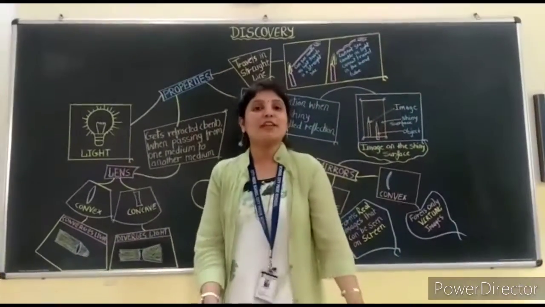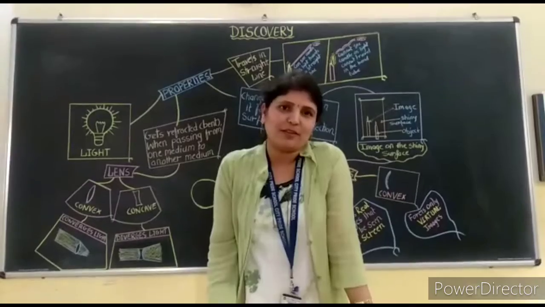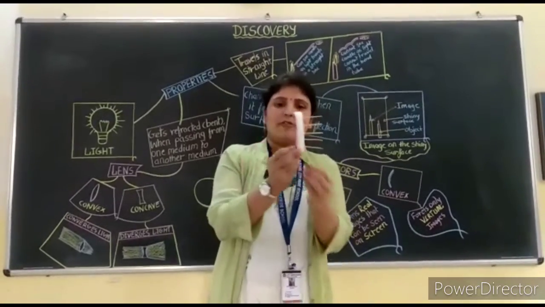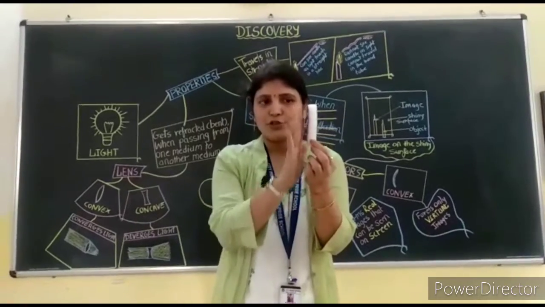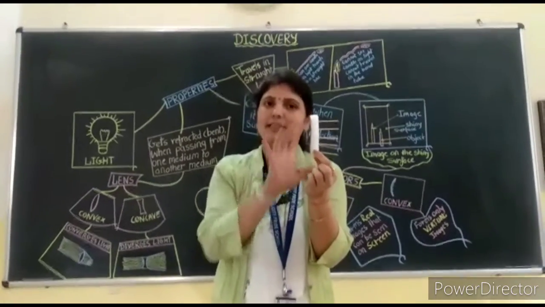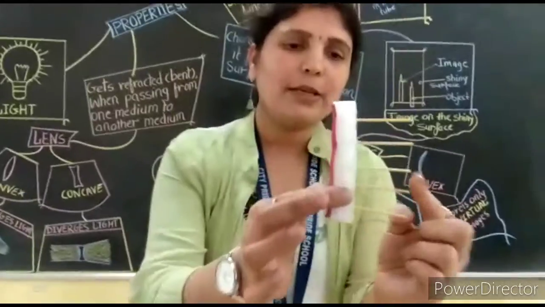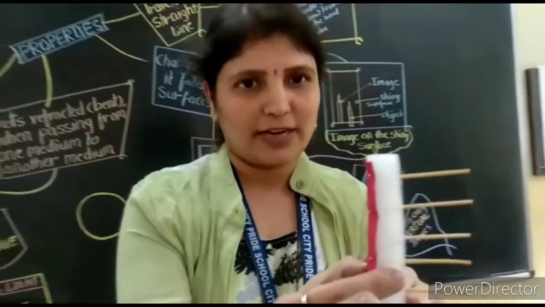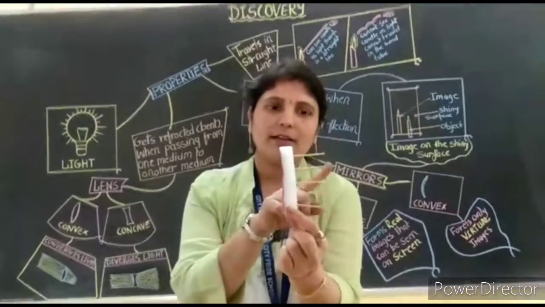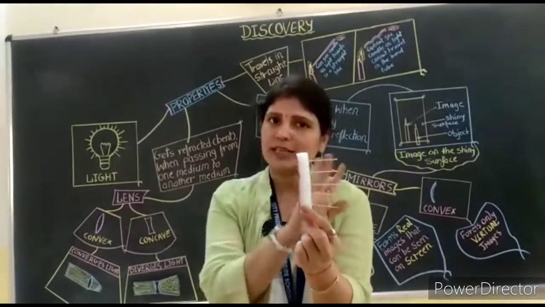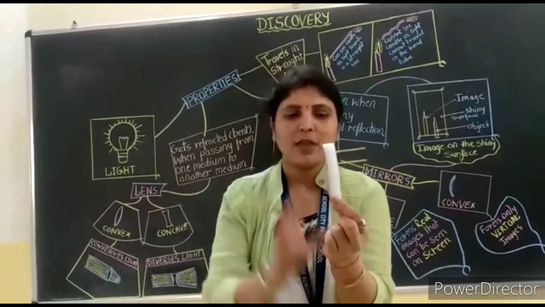Let us see the reflection of light from different types of mirror. For that, we will consider this piece of foam as a mirror. It is polished on one side. Okay, so it will act as a mirror. And these toothpicks will be the rays of light. Since it will act as a plane mirror, the rays of light from the plane mirror go straight. We know that very well, right?